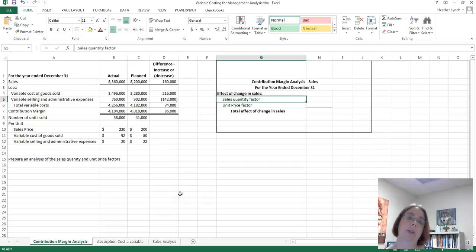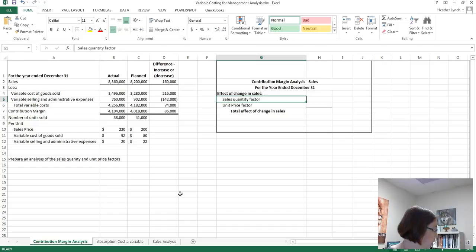Okay, so this chapter is all about variable costing for management analysis. And we're actually going to do 3 videos or 3 problems. I'll probably have to do 2 videos, so I'll name this as part 1. So what we're going to look at on this problem, we've been given this information for the year ending December